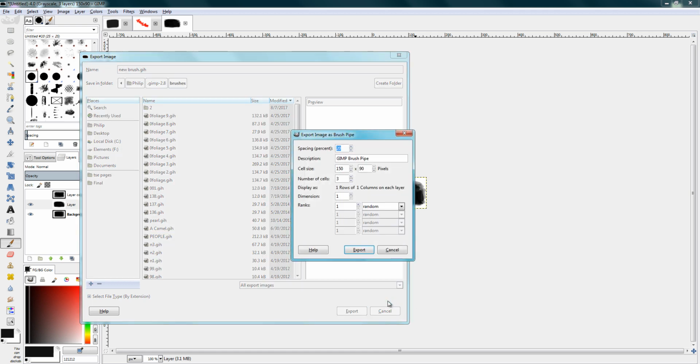and then it will bring up this dialog box. Spacing 20% is good. You want the cells in the rank to be the same number as the layers you have in your brush, so I'm setting those both to 3. I like having the rank set to random,